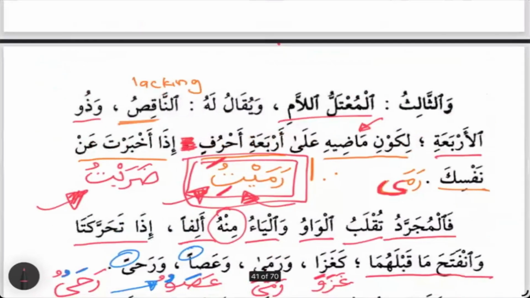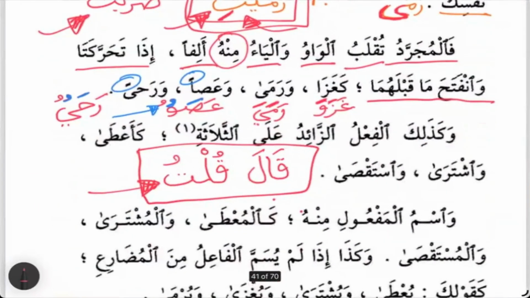If you have a question about that, feel free. Then he started with the mujarrad. Yeah, because that's the origin. Before you start with extra letters, you need to start with no extra letters, and then you build on it. So he's going to always start with the mujarrad. فالمجرد تقلب الواو والياء منه ألفا. For the bare triliteral verb, you've got to start with thulathi before you go to ruba'i, three letters before four letters. You want to start with mujarrad before you start with mazidun fihi, devoid of extra letters before you start with what has extra letters.